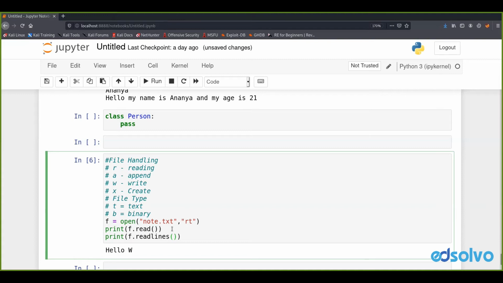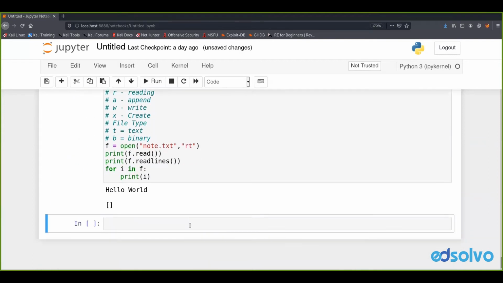We can also use our for loops here. How can we use our for loop? So for i in f, and then we can say something like print i. And if we run the code,